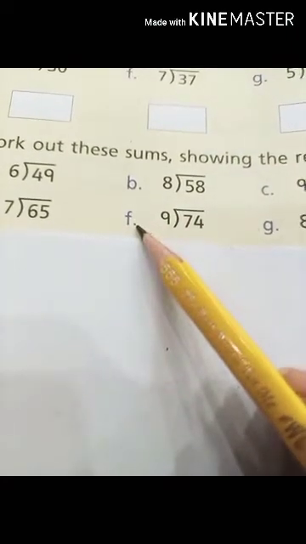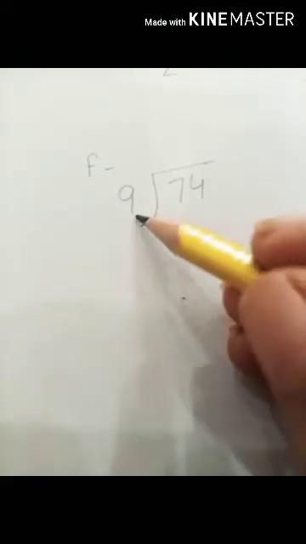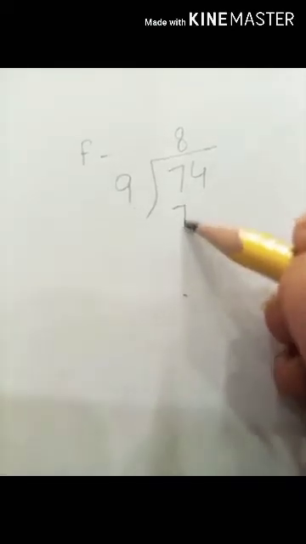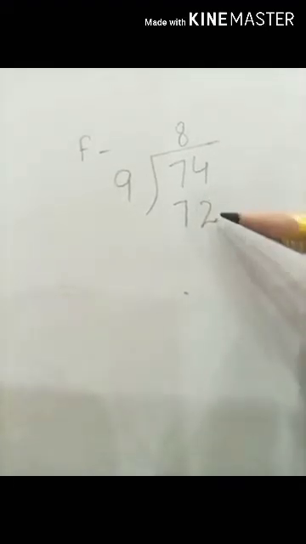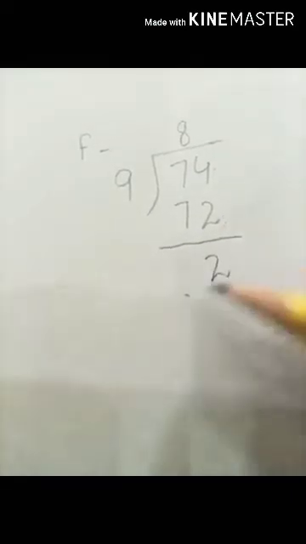Here is our part F, in which we are going to divide 74 by 9. Now look at this, we are going to read the table of 9 where we get the number 74. Now remember students, 9 8s are 72. So this 72 is quite a smaller number but not far from our dividend. So we are going to do the subtraction again. 4 minus 2, and our remainder is 2.